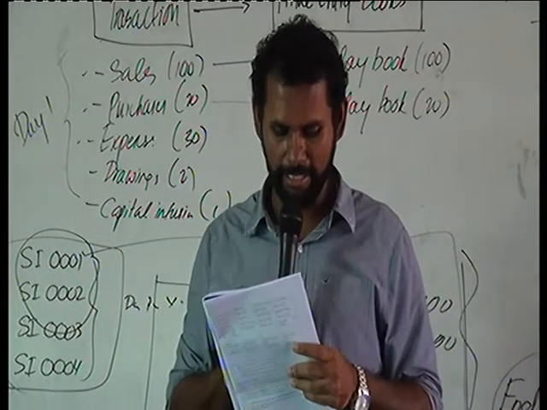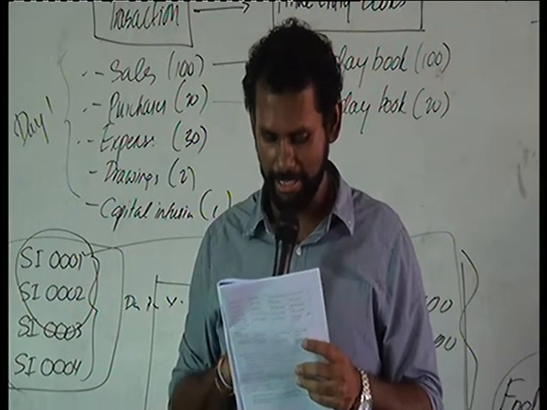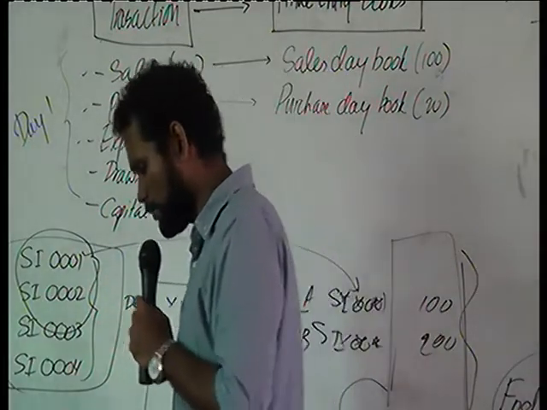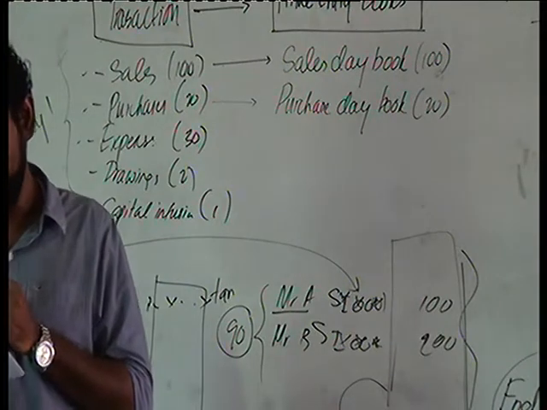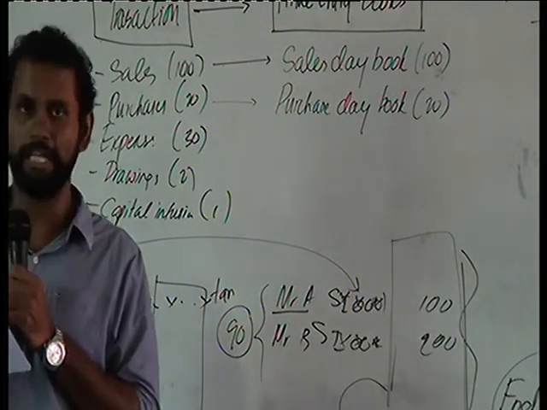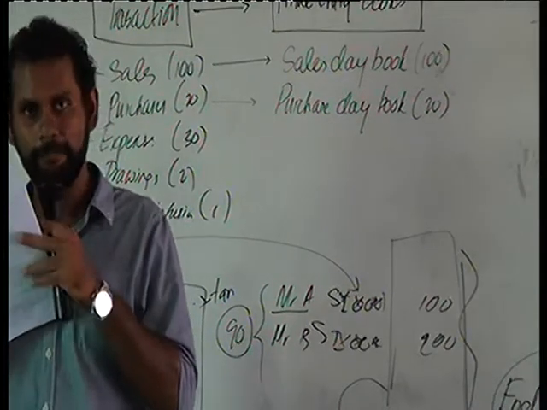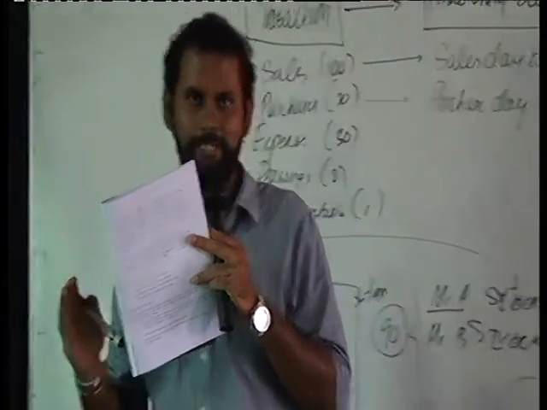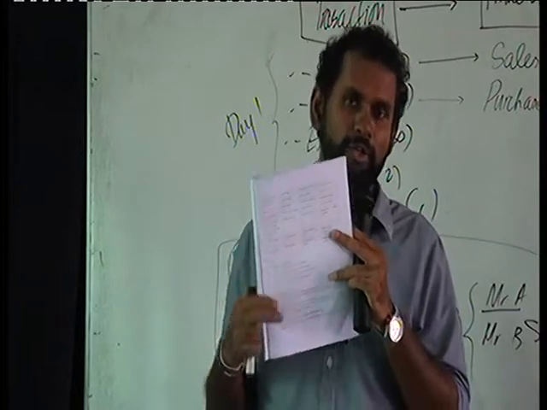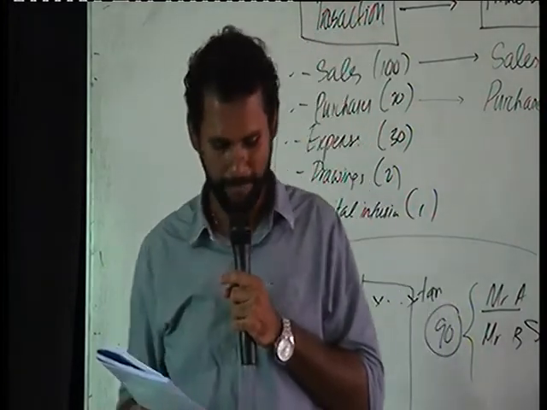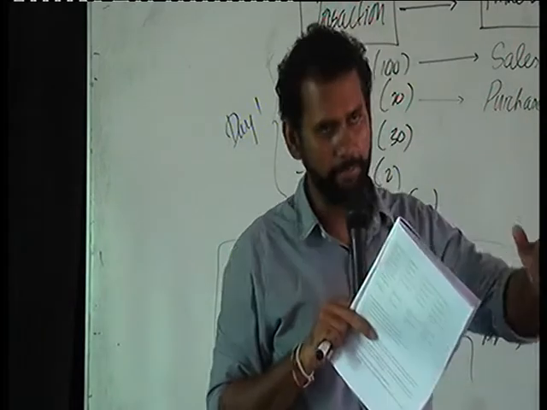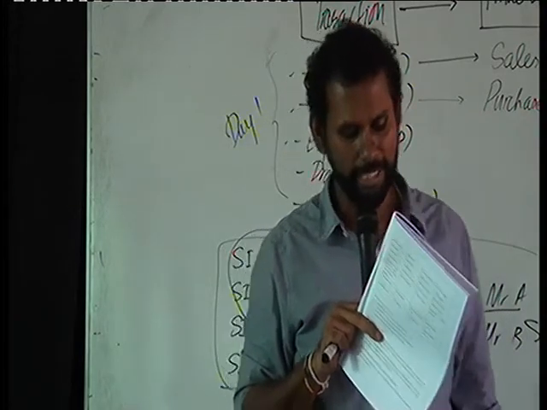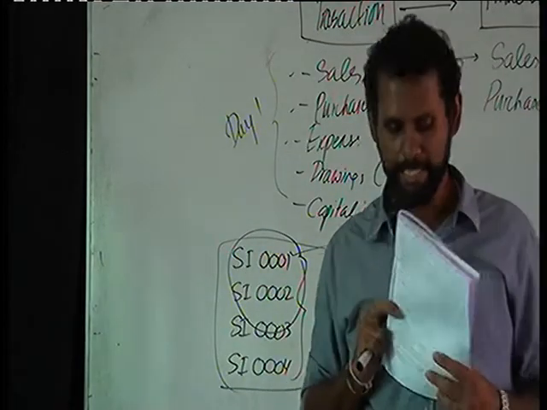Then you can see we will be transferring it to the general ledger, and the cash book we are transferring. So here you can see cash book. If you look at this diagram, you can see cash book is in between the prime entry books and the accounts. Why is that? Keep in mind, cash book acts as both a prime entry book as well as a ledger account. So cash book has a dual role in this situation. That is why cash book is commonly identified as both a prime entry book as well as a ledger account.